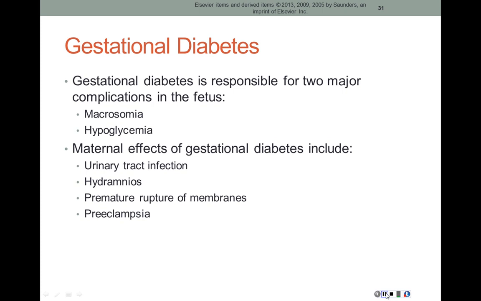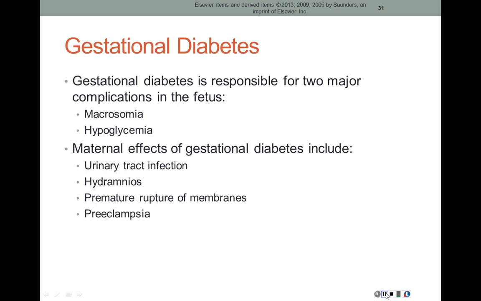So, if your blood sugar is below 130 to 140, then that's a normal challenge test. But if your blood sugar level is higher than that, then it just means that you have a higher chance of developing gestational diabetes, and you probably need a follow-up glucose tolerance test where you fast overnight and have your